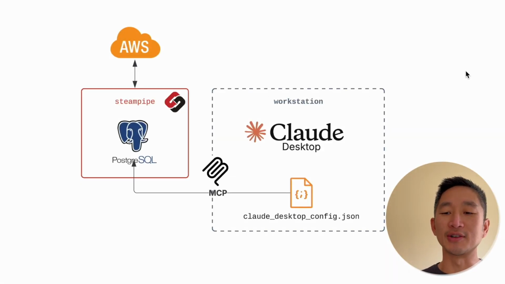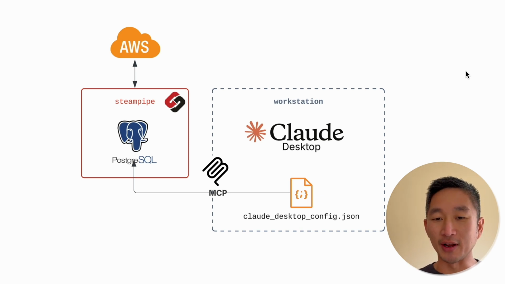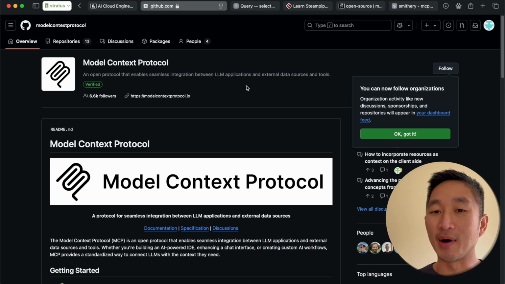I want to demo how I can turn Claude AI into a cloud engineer. This diagram is going to show us how we're going to implement that. We're going to leverage Steampipe, which is an open source tool that integrates with your cloud environments and collects all the data about your resources and configurations and stores it in a PostgreSQL database where we can run SQL queries against that. Now we're going to connect Claude with the backend Postgres database through MCP, which is the Model Context